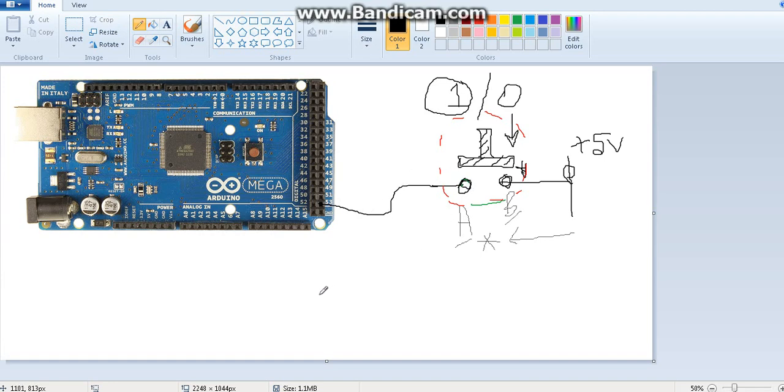What is the state if it is so? The state is undefined. It cannot be either 1 or 0. We don't know what even the state is. You understand? So if we have this circuit, the pin is initially at the undefined state. Keeping it this way, let's see what is going to happen when we press a switch.